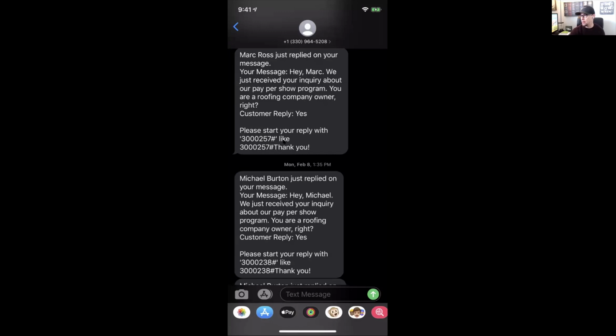And so when you want to reply via your phone, it'll say, please start your reply with 3000257 number sign, like this. It gives you an example so that you are aware of how you need to type it. There's no spacing between the number, the digit sign and the reply. But remember what I said before: Mark Ross, the number assigned to him is 3000257. If you notice, this is Michael Burton, sent on February 8th. As you can tell, this is very recent, guys. So just to show you that we're actively using